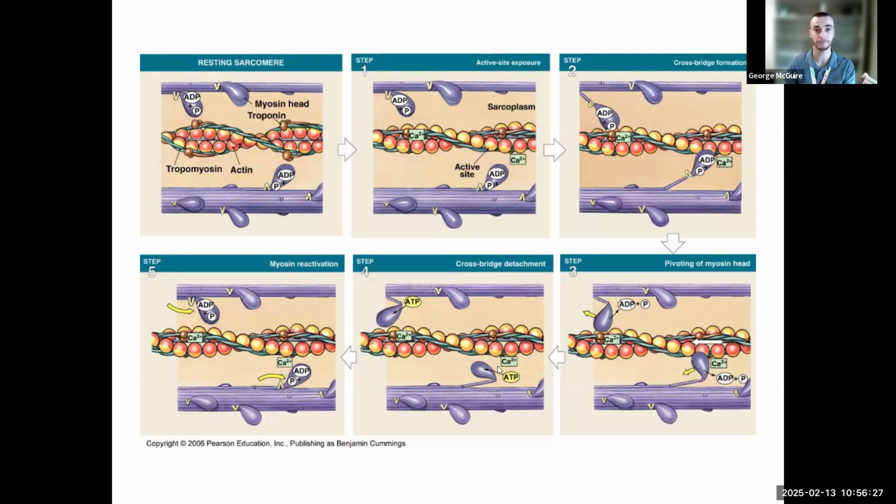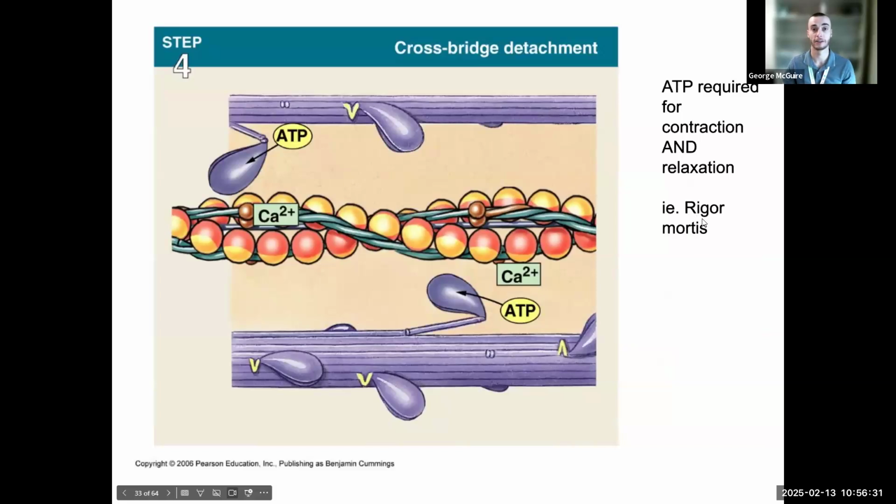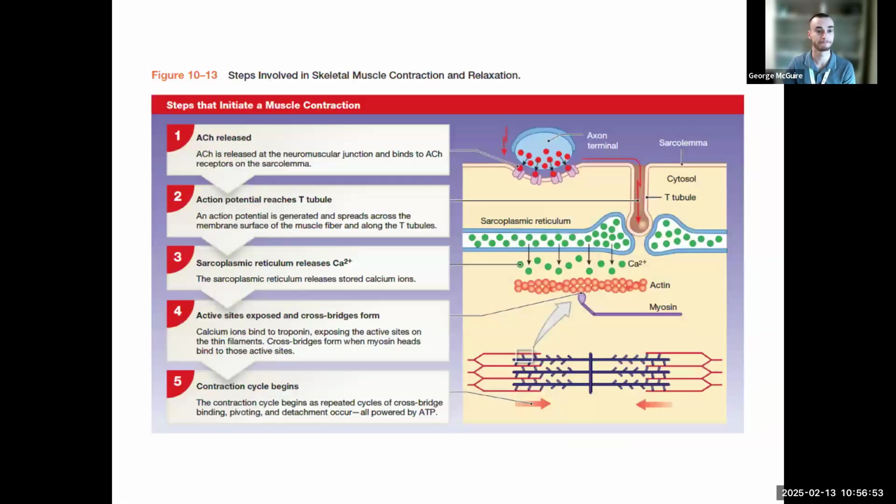This also explains the idea of rigor mortis, which I kind of jumped past here, where when an organism dies, whatever muscles it had contracted are going to stay contracted because those cells are no longer producing energy to allow them to let go. So rigor mortis is describing the sustained muscle contraction in a dead organism, which is explained by this need for ATP. There are a couple slides here at the end, which I think do a really great job summarizing those